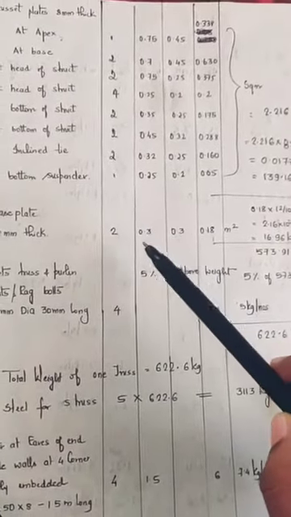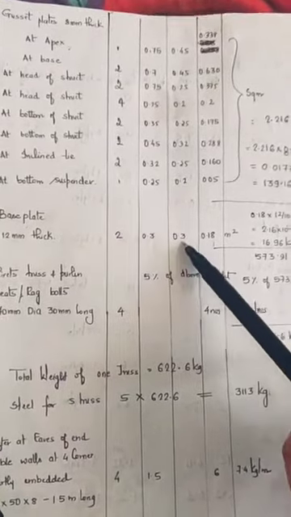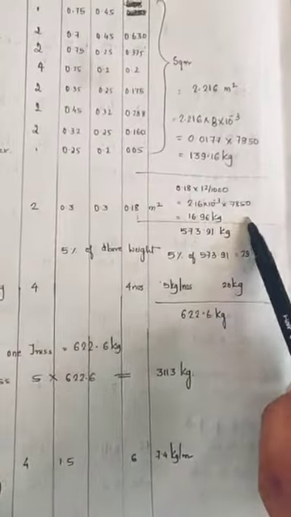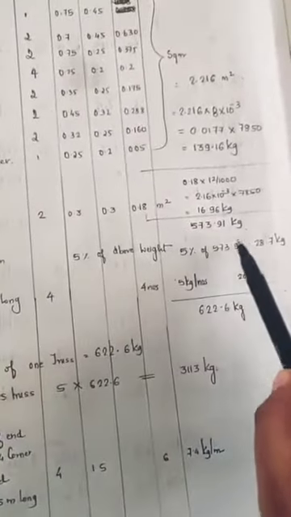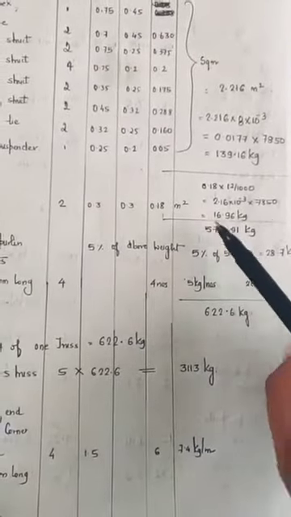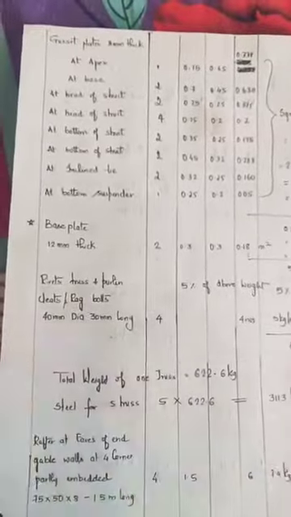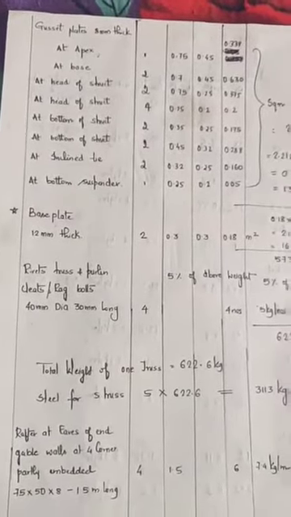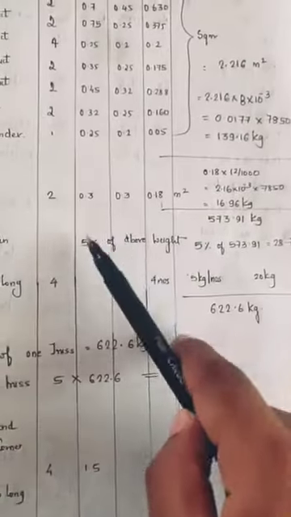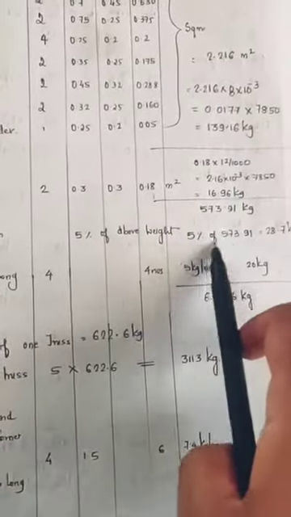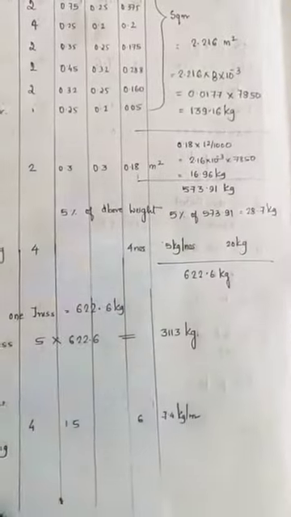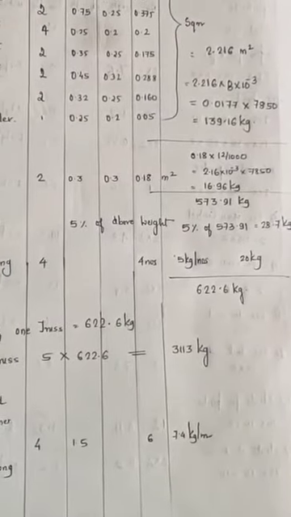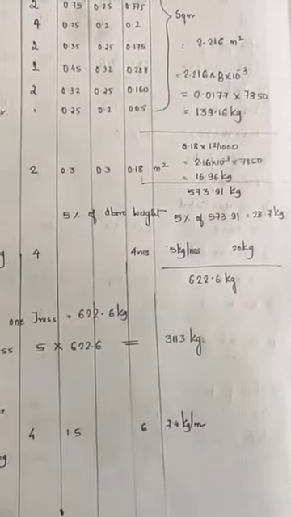So this is 0.3 into 0.3, so you'll get it in meter square. Multiply that with thickness and density, you'll get it in kgs. So for the given, calculate total weight up till this point. Then the weight of the rivets and purlin cleats are taken as 5% of the above weight. So 5% of this weight, you'll get the weights of the rivets and cleats that are required in construction of the truss.